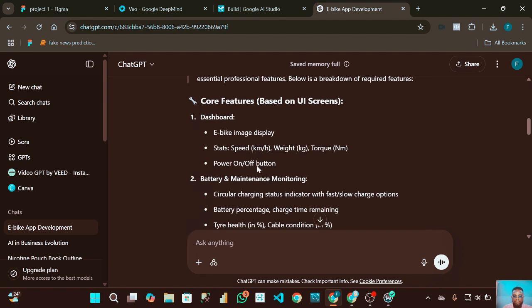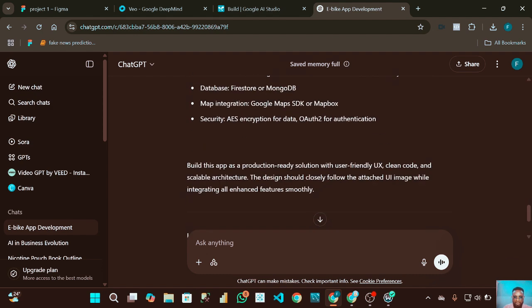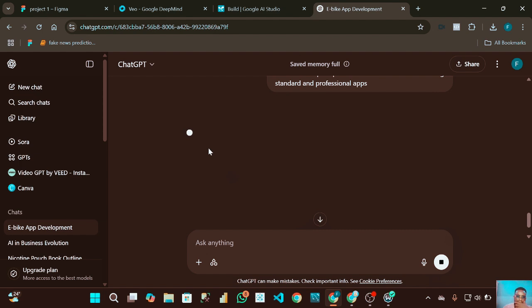Now, this is a prompt given to us by AI. Let's just tell AI to elaborate on it. Elaborate this prompt to avoid confusion and for building standard and professional apps. So